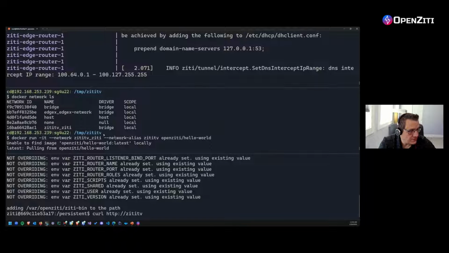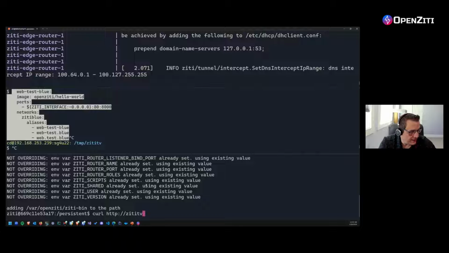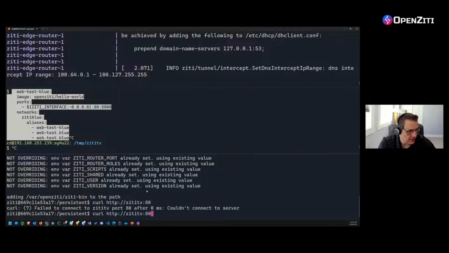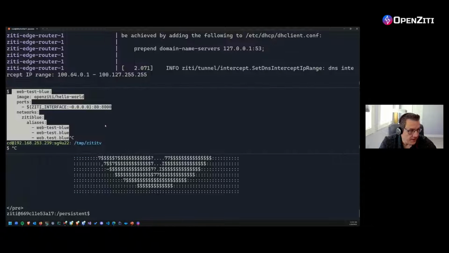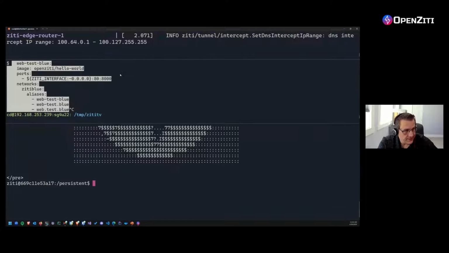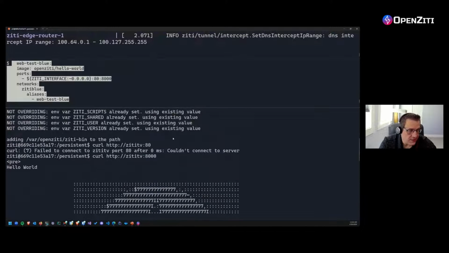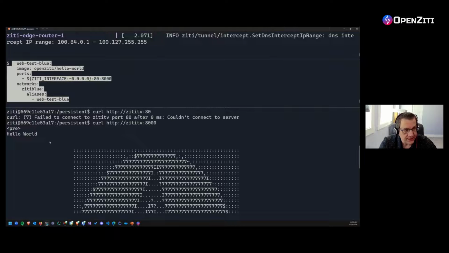Does it tell me the port? 8000 or 80? It's going to be one of those two. 80, 8000. There it is. All right. So what I just did is I started up a whole entire Docker Compose world, and then I